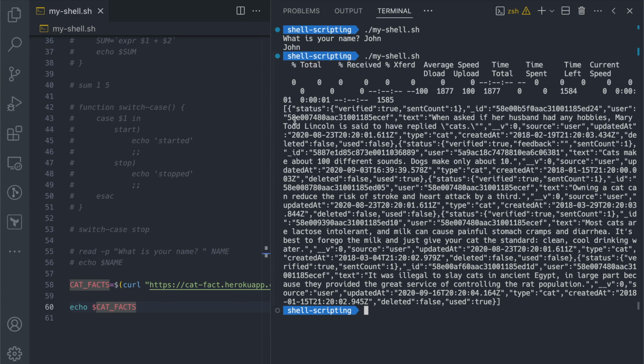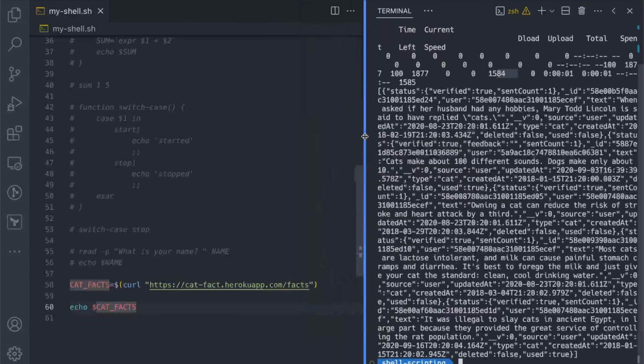So you can see it's an array, and within the array in the first object itself we have text. It's not further nested, so I can use a tool called JQ for that. So I can just do